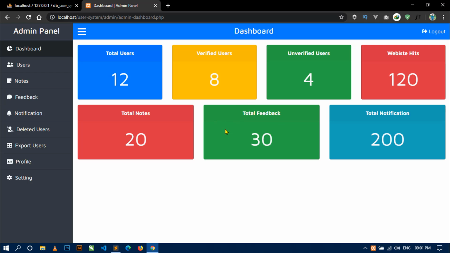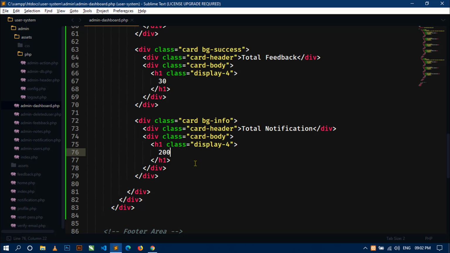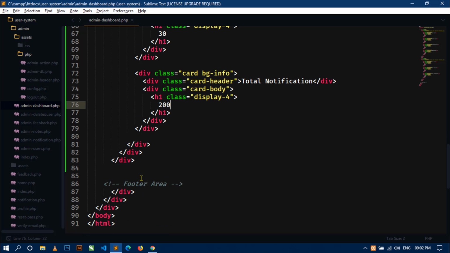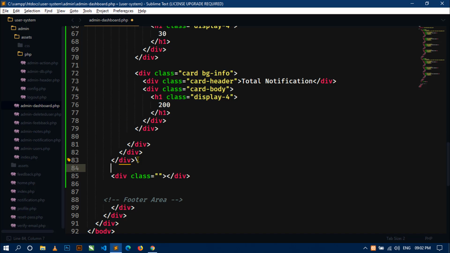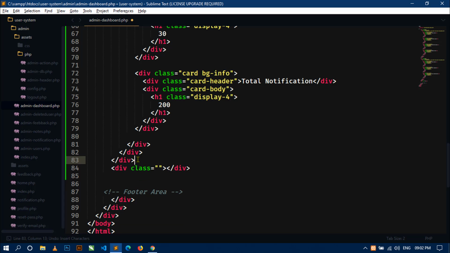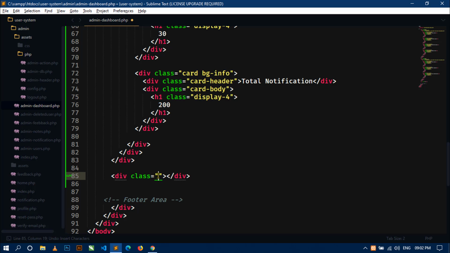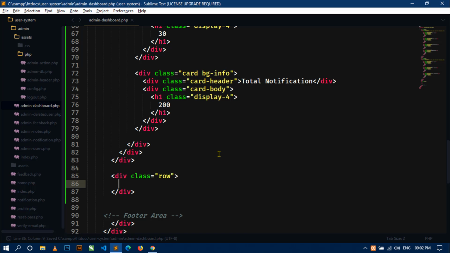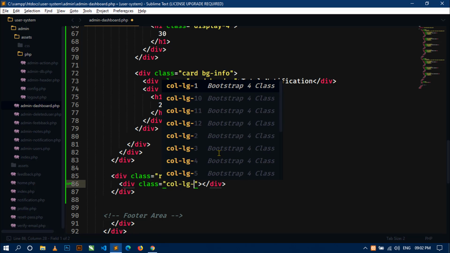Now here this is the second row. Okay, now just below this row I will design 2 more cards to display Google Charts. Okay, so for this I will create another row div. So just come here and just give a row class, and next again I will create a column